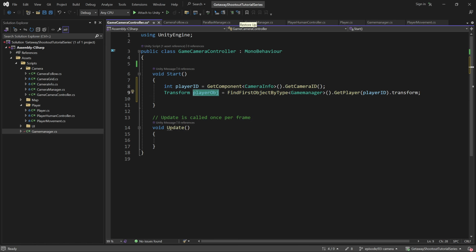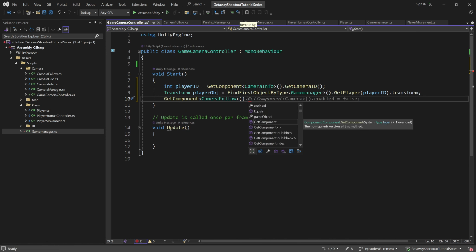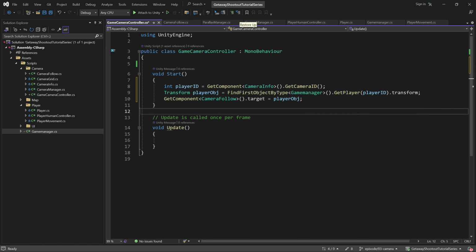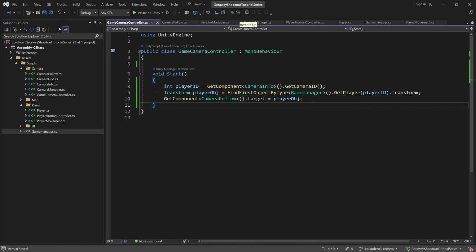Now all we want to do is tell the camera follow script we want to track this player, and this can simply be done by getting the component of the camera follow and setting the target transform like that. So saving that, I'm going to remove this, and I'm going to jump back to